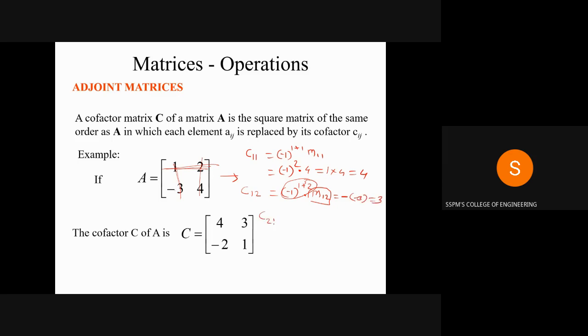Then C21, for the second row, first column element. Minus 1 raised to 2 plus 1 into M21. What is M21? Here 2 plus 1 is 3, so the power is odd. Therefore minus 1 raised to an odd power is minus. M21 means